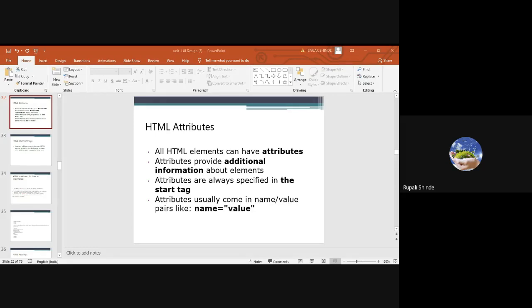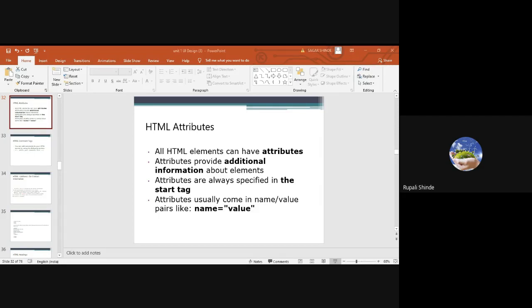Then the next part, and it is an important part, is HTML links or hyperlinks. Everybody knows that whenever we open any web page, there may be some content in blue color with an underline. Whenever we move our cursor onto that blue content, it converts into a hand.